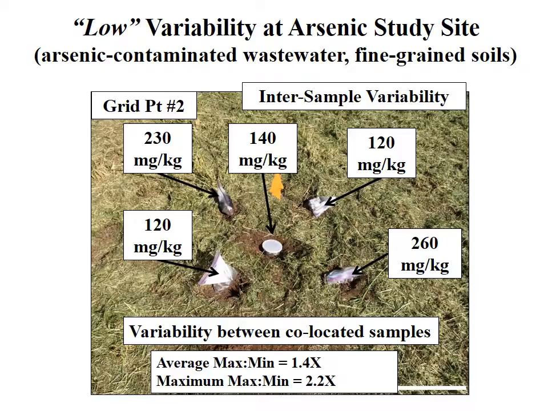They're completely random. Still very similar to the variability that we saw within individual samples. The average maximum to minimum ratio around the grid points for co-located samples is around 1.4. The maximum ratio we saw in co-located samples around grid points was just over twofold. So overall fairly low, although this could obviously cause some concerns if you're using discrete sample data to measure the